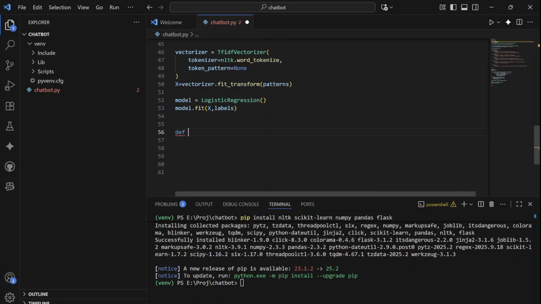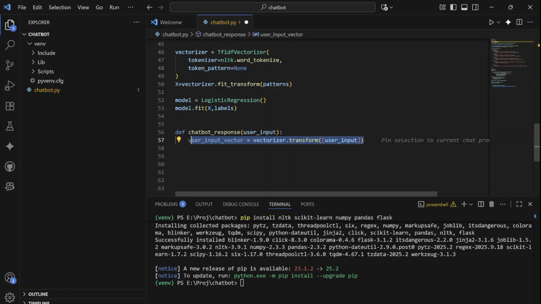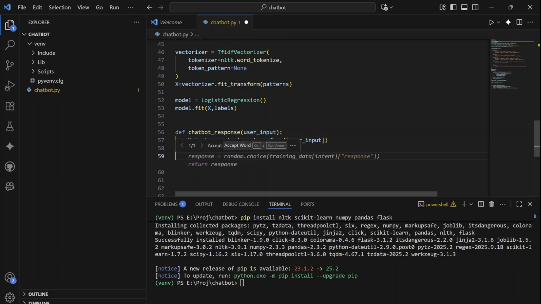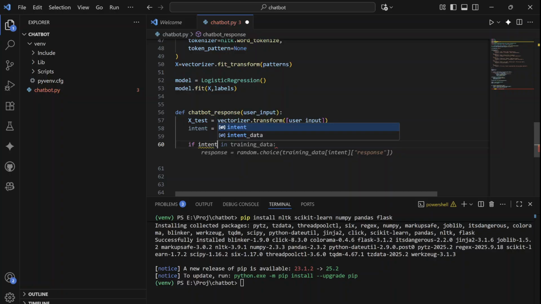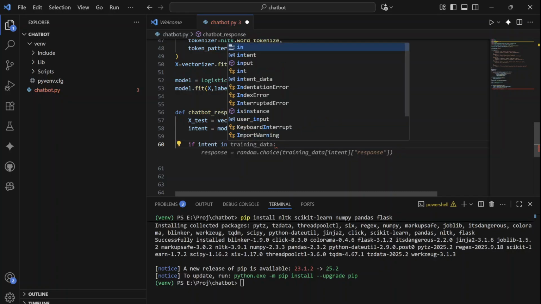So define chatbot underscore response with user input, then X underscore test equal to vectorizer dot transform user input, and intent equal to model dot predict X test. If intent in training data, then